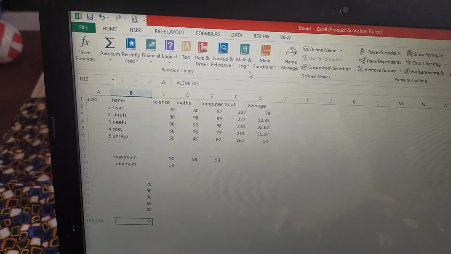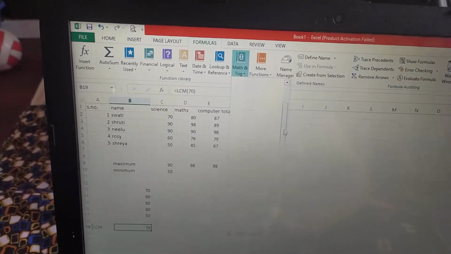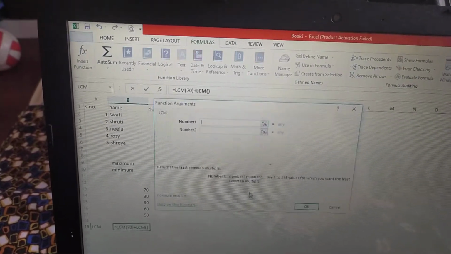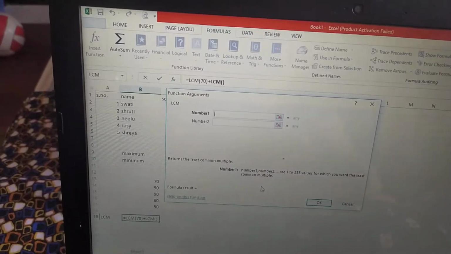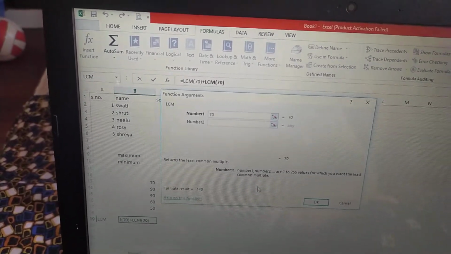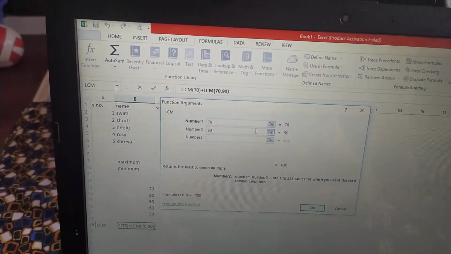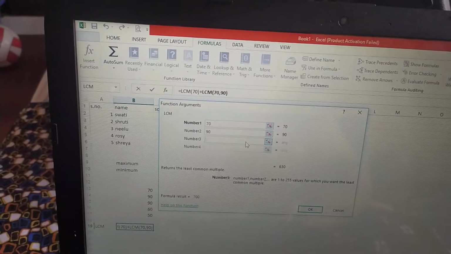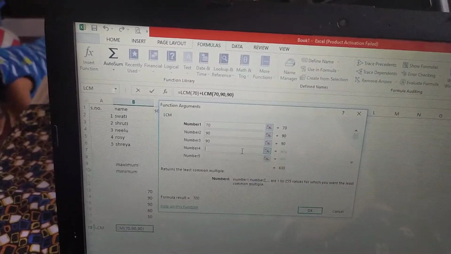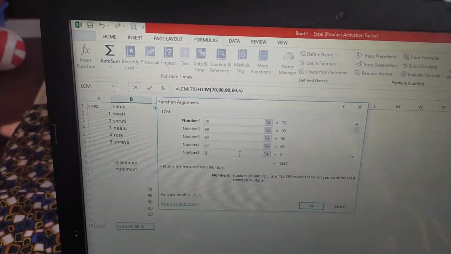Wait, I have by mistake pressed the enter. Okay, we will enter the number one by one. 70, then 90, then 90, then 60, and finally 50.